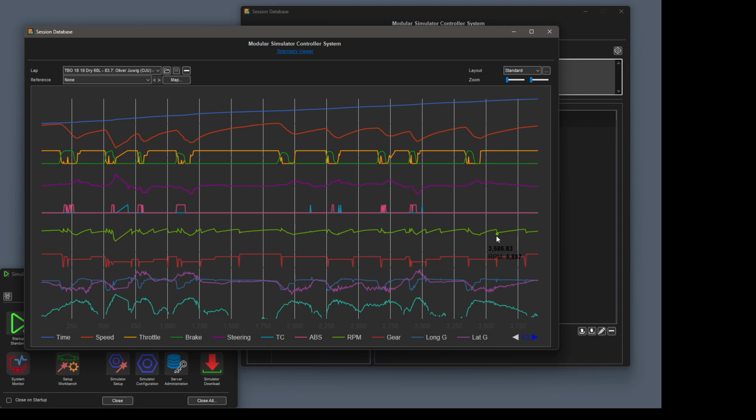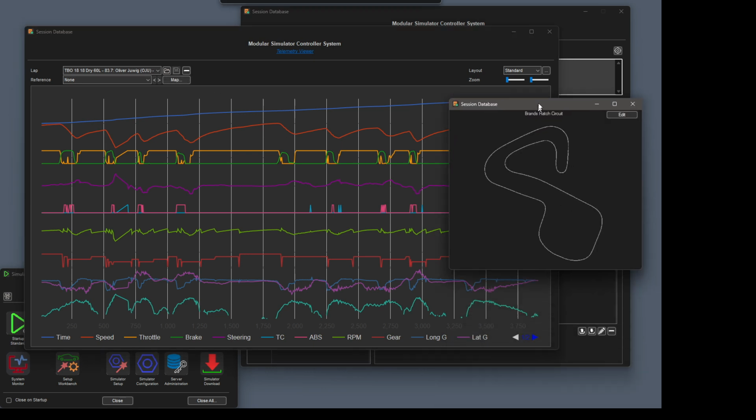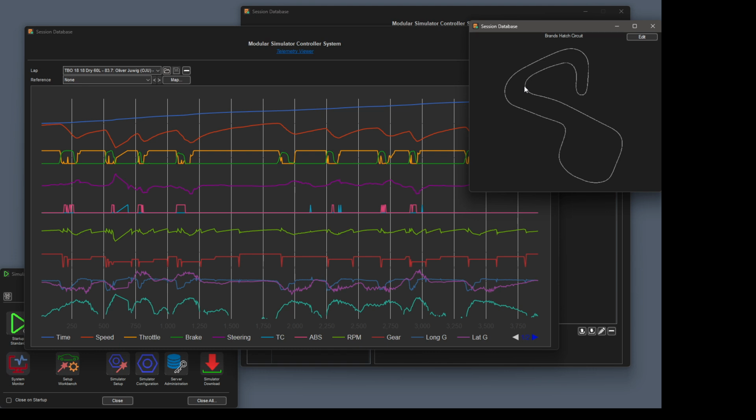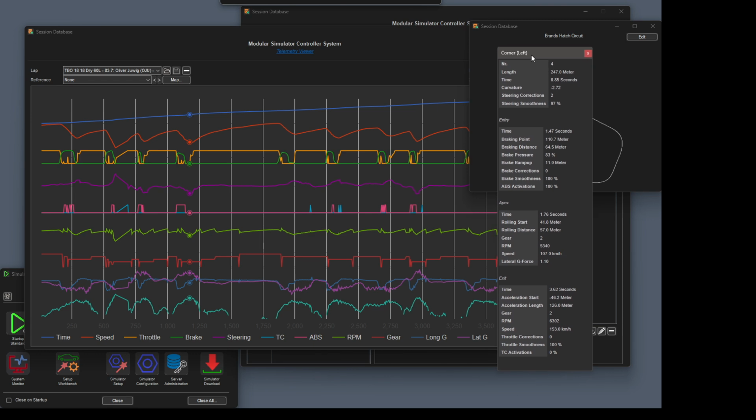To understand the data, the driving coach needs, as said, the sections of the track, and will also need to have an understanding of the numbers involved here. It's a lot of numerical data. We can have a look at how the driving coach understands a given section of the track. Let's open up the track map here and click on this corner, for example. And then another small inspector window pops up, which will give detailed information about this point on the track